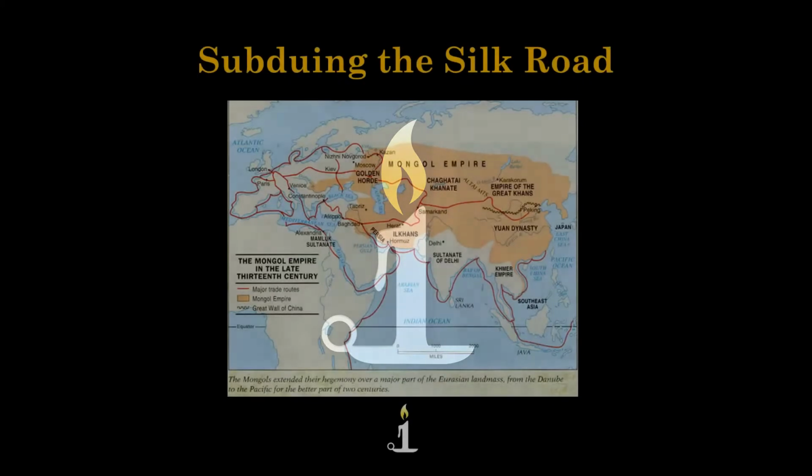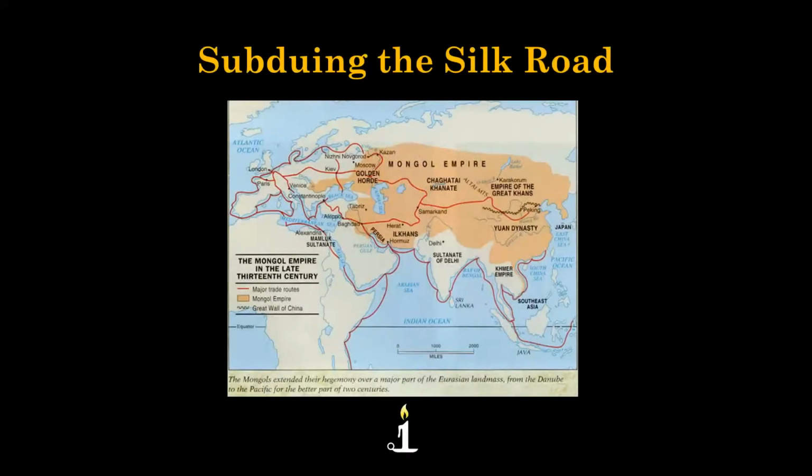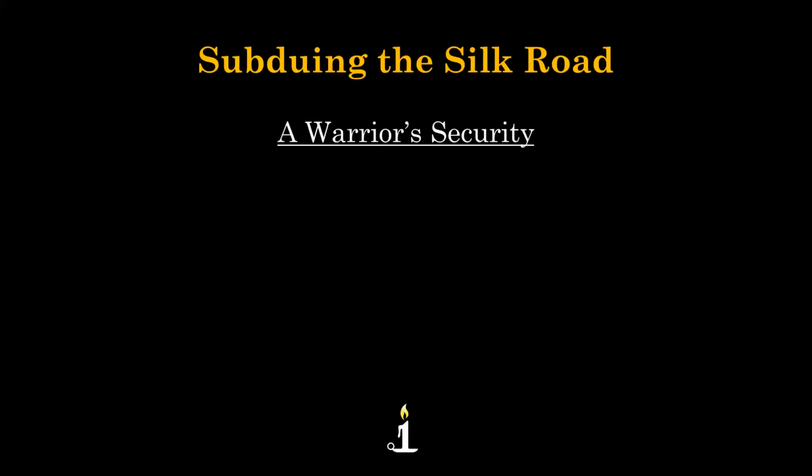The golden age of the Silk Road came under the Mongol Empire, and we're going to look at how this massive empire brought security to the entire Silk Road. So as you create security for your kingdom as the warrior, the first thing you're going to want to do is to secure through familiarity. You don't want to try to secure things that are foreign to you. You want to secure what's familiar to you already.